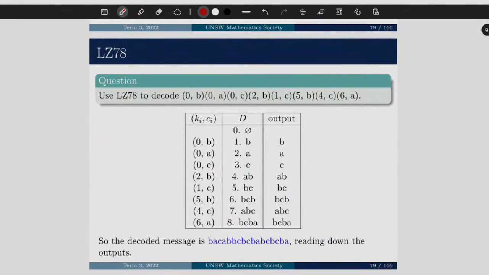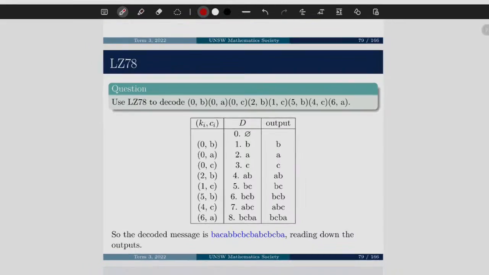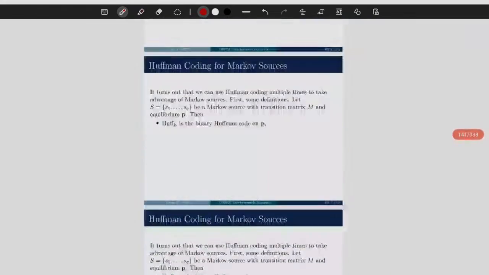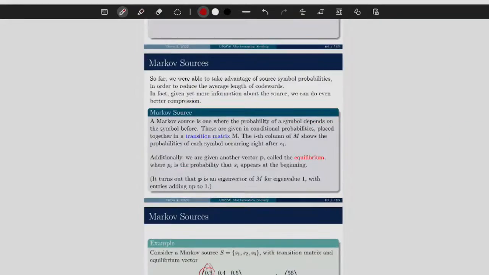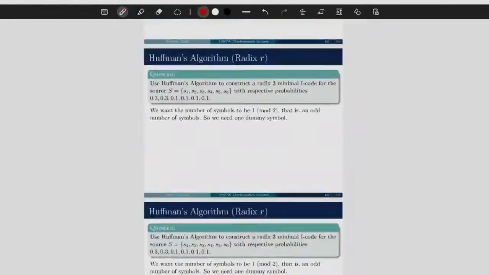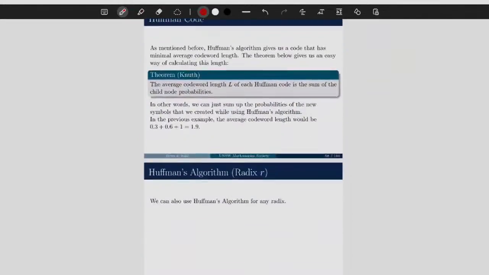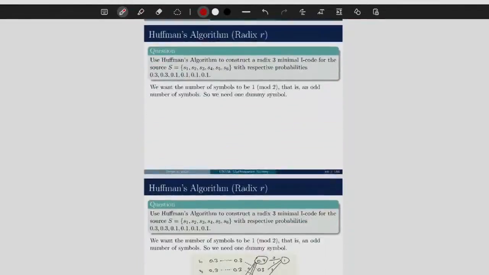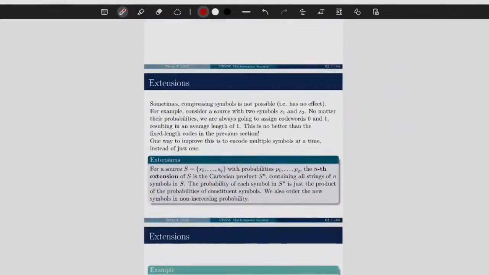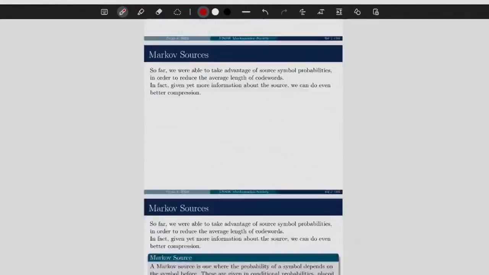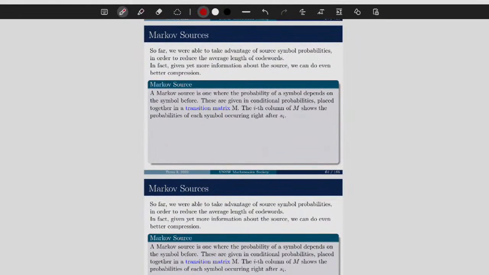So, a really quick summary from this chapter is essentially there are a lot of ways to compress code. But things that we consider when we're compressing code is that we have to consider the length, right? Always considering our minimal length. And on top of that, we have a lot of ways to compress. So we have, for example, Huffman's algorithm to find that minimal code. We have the respective theorems within that. We have the concept of extensions. And then we have the concept of Markov sources. And that's basically our big thing from this, right?